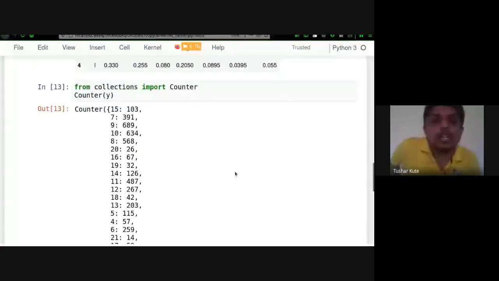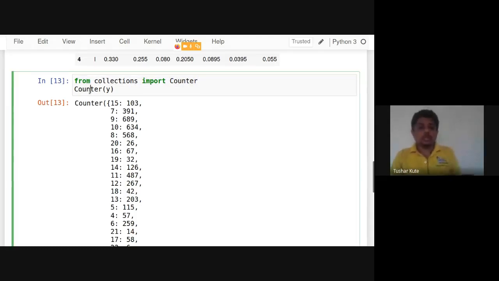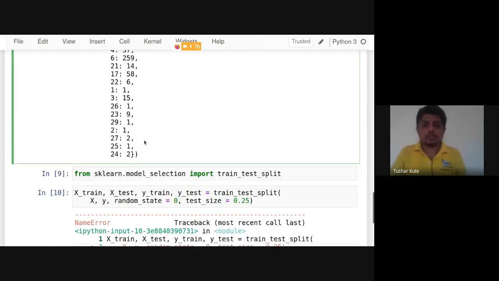Okay. So what we have seen is that we are not going to have the classes evenly distributed. How many counts are there for the respective classes? The data is completely imbalanced, but still we will work and check whether it's working fine or not. From collections, I imported the Counter. Counter is a class which is used to count how many entries in the data set belong to a particular class or element. This is how the counter will show you.